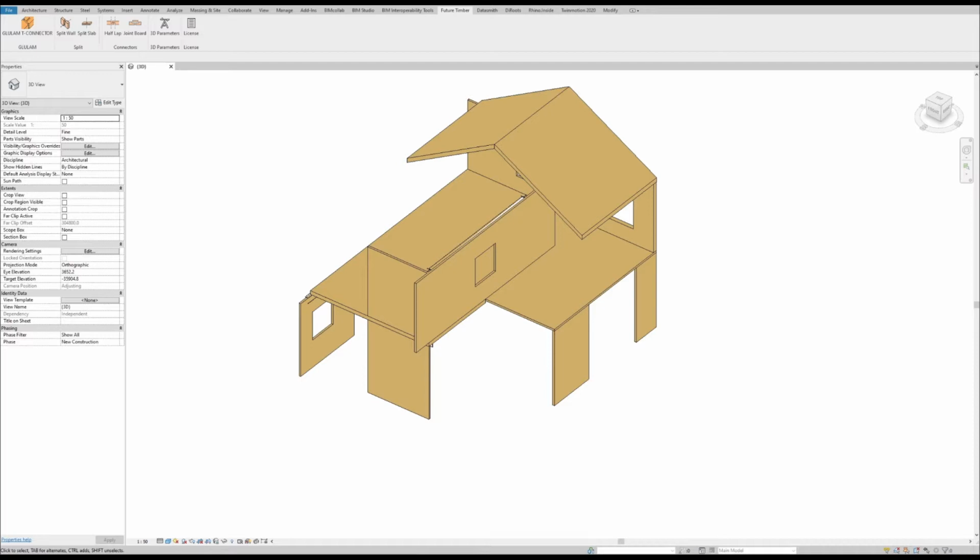The main objective of this video is to show you that it is possible to model CLT and to show you how to further detail those CLT elements using native Revit features. And then I will also go over a few future timber tools, which are more efficient ways to do what you can do manually in Revit. So to jump straight into that,